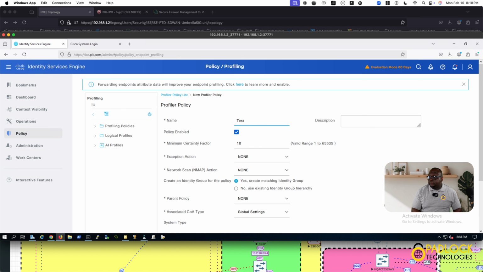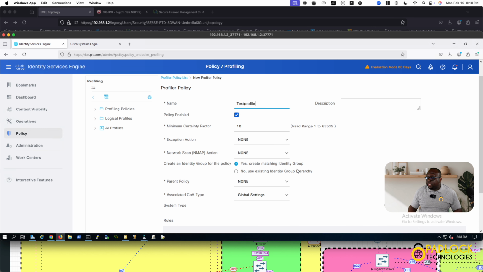I'm not going to save this. I have a whole different naming convention for stuff like this. All right. So we're not going to have a parent profile. We're going to use the global settings. We 100% don't want it to be 10. So let's say 3 values, 50 apiece. We'll say 150. So that means all 3 values need to hit before it's allowed on the network,